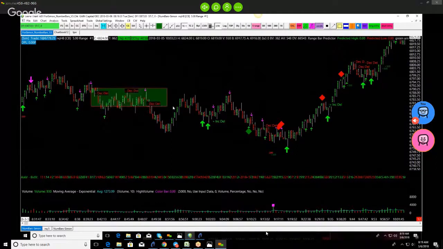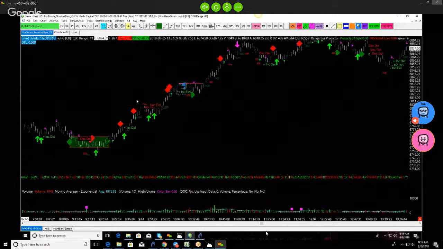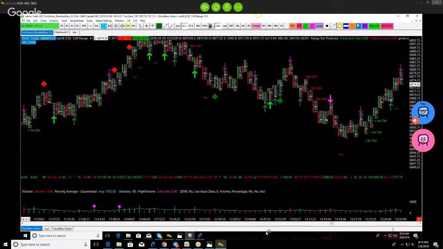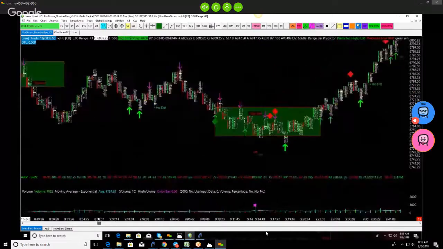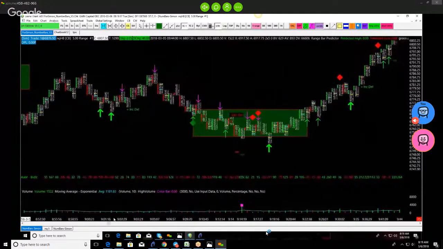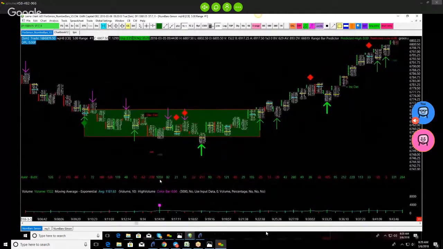Presses down on delta. Press down on delta through here. So this is where I said there is, within this area right here. So see how we had increasing delta through here? Couldn't press above my declining delta, right? So this is important for today because this is what I'm looking for. So when I spread that out, right, through here, this is where I come in and say, there we go, right in here. See this right here? Where there's a volume spike right here, and see that delta of 1050?